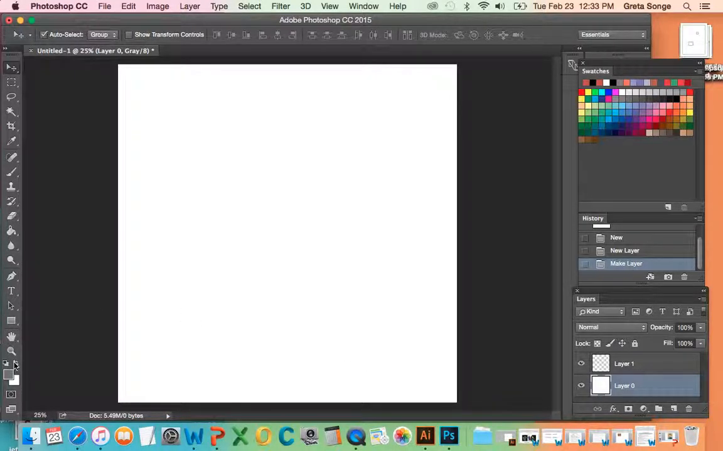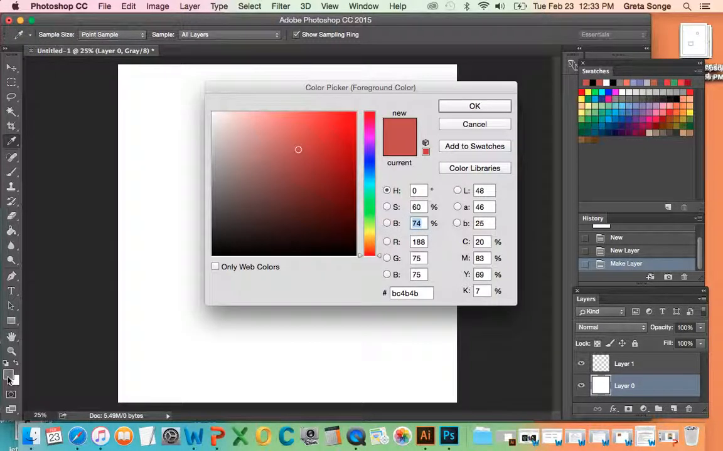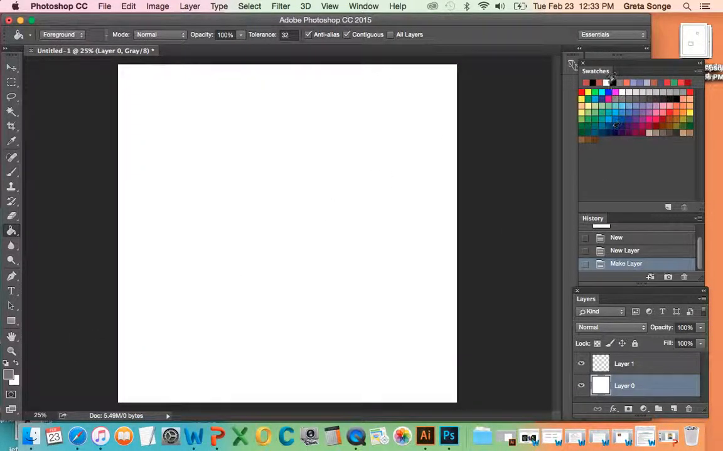So just for today, for the demo, I'm going to make that background gray. So I'm just clicking on the paint bucket. You may have the gradient tool up, but if you hold down the mouse, you can see the paint bucket is nested under there. My foreground color is gray, so if I click on that, I can also choose a lighter gray. You can also choose your colors from this swatches panel, and I pulled that up just by going to Window,